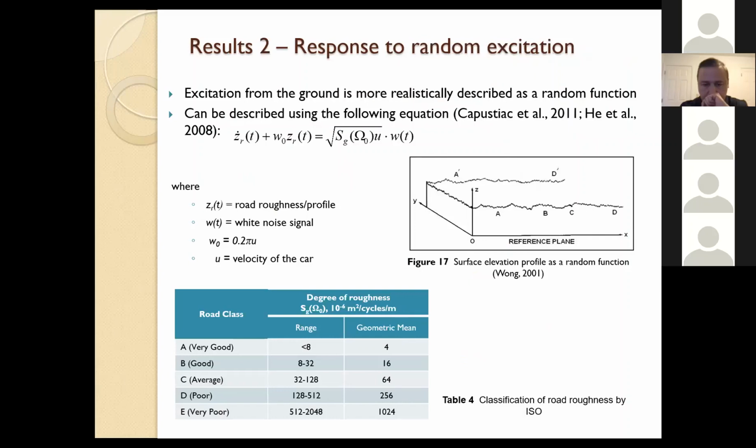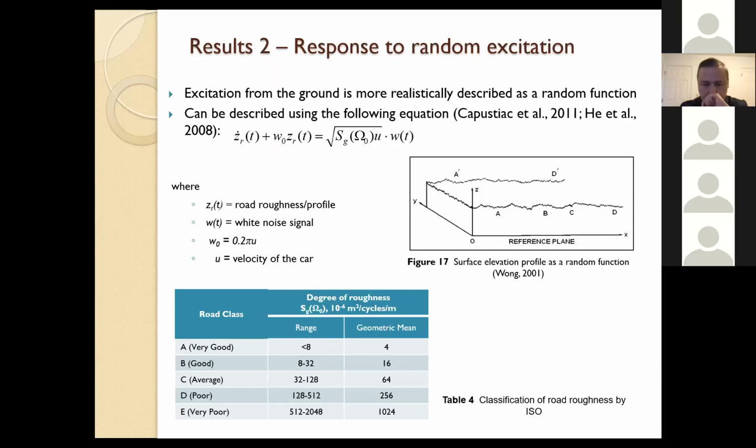Now, of course, the classical way of evaluating the vehicle ride comfort is using a hump or a pulse, something similar to a pulse that a car will go through. And we also need to compare with a road profile which is close to the real road profile. The road profile in general will be represented in vehicle dynamics as a random excitation. So this is one of the ways to represent it.